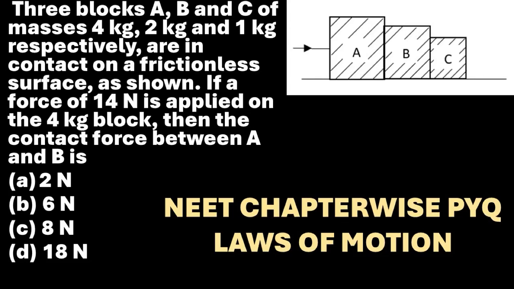Three blocks A, B, and C of masses 4 kilogram, 2 kilogram, and 1 kilogram respectively are in contact on a frictionless surface. If a force of 40 Newton is applied to the 4 kilogram block, then the contact force between A and B is... This is a really good question. Let us see how to solve this. So first, I'll draw the combined diagram here, which means